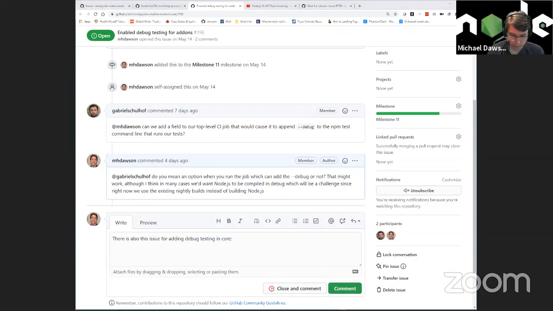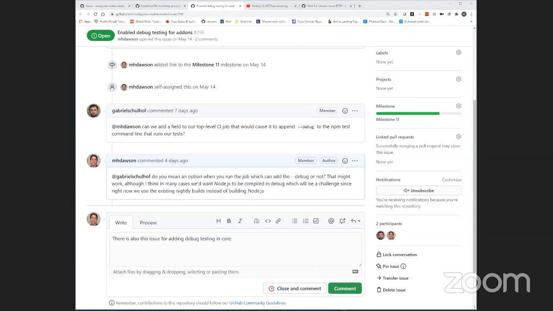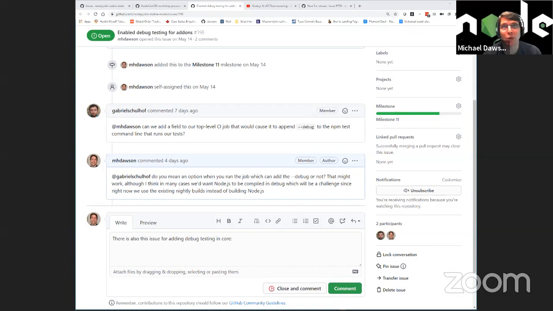So short of that, if we do end up having a core CI job that tests in debug mode, then it would be kind of wasteful to throw away those binaries that have been built with debug symbols. It would almost make sense to just store them somewhere so that we can use them downstream, and not have to rebuild them. But then again, that is also an infrastructural change.